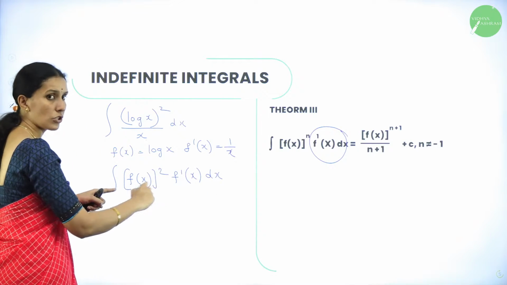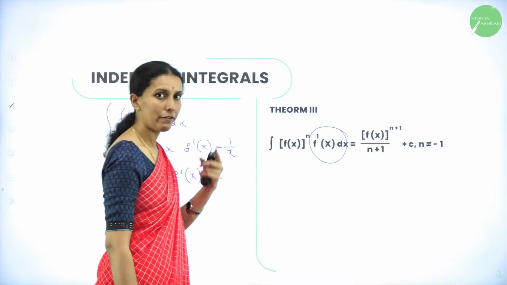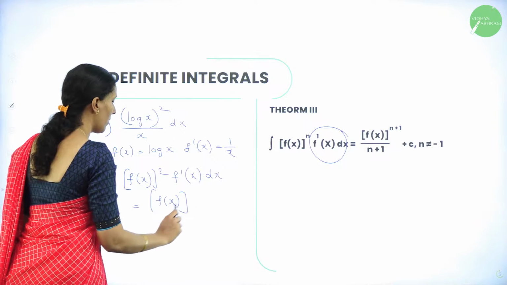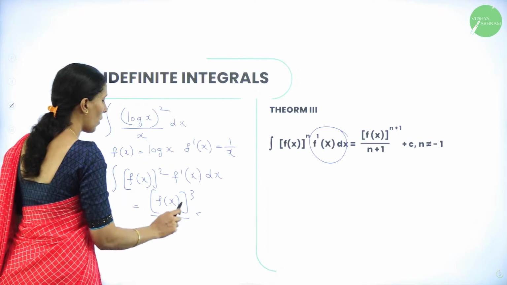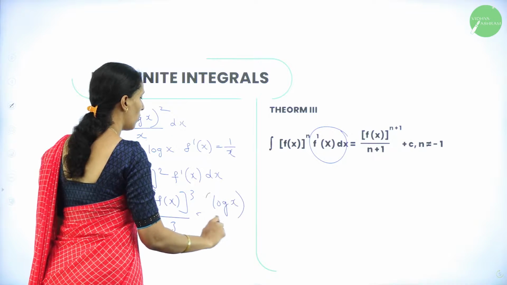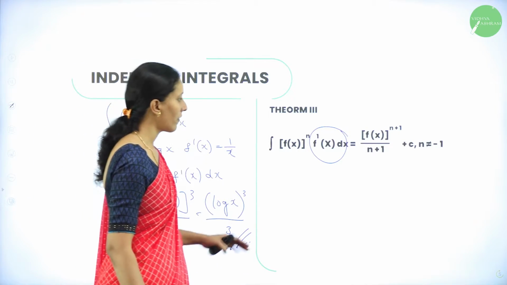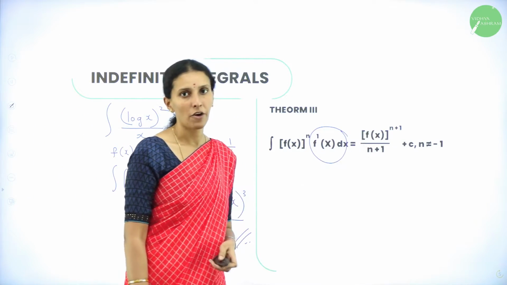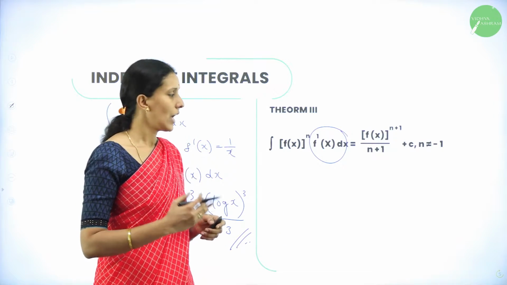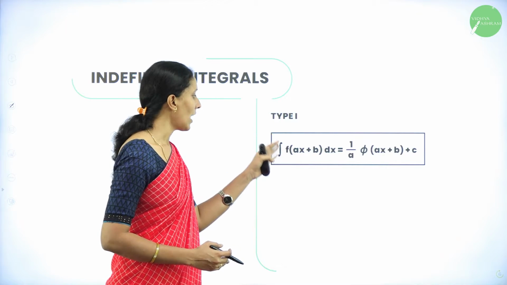So when you have a function of this form, as the rule says, you add 1 to the power. So this becomes f of x to the power 3 by 3. So what is f of x? It is log x. So log x whole to the power cube divided by 3. So like this, we can write the given function in this form. So in general, all these theorems help us to get integrals of the form f of ax